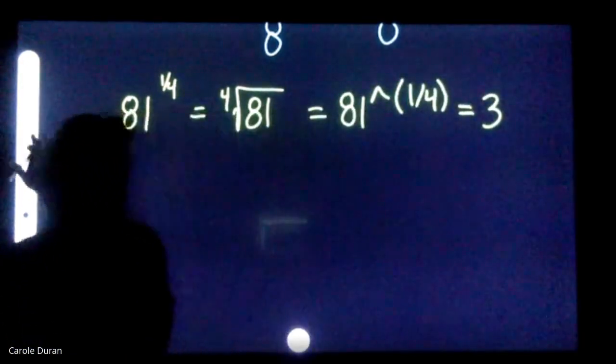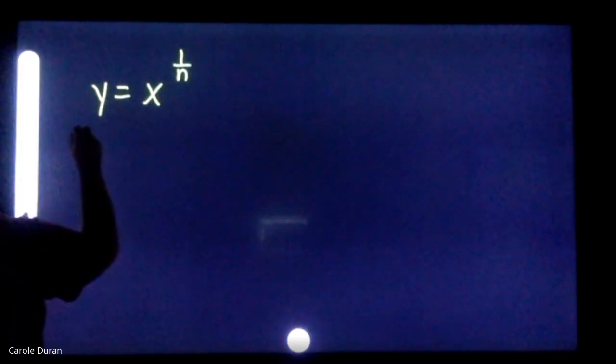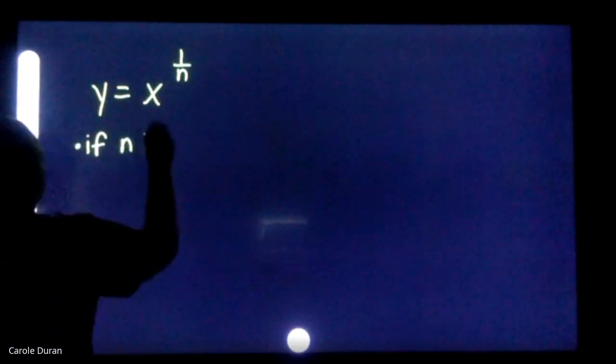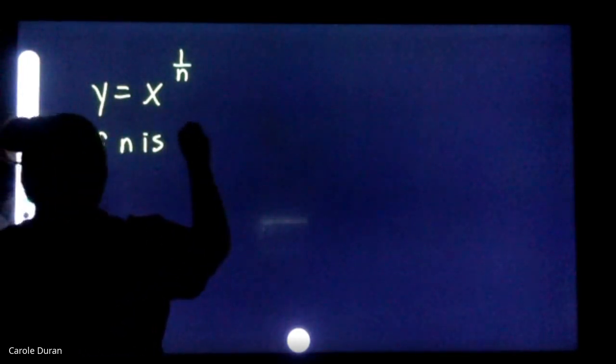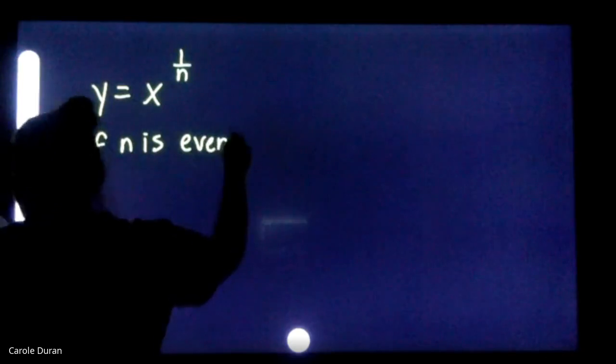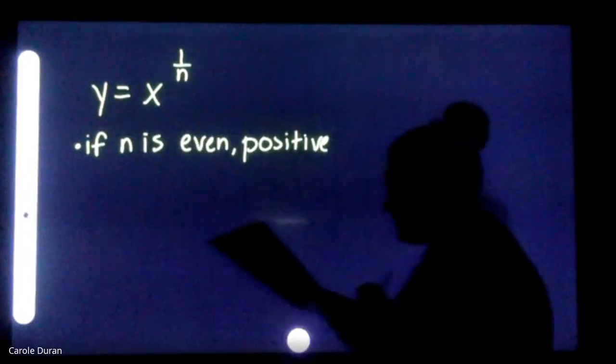Another thing that we can take note of when it comes to exponential functions is if I have a function that is y equals x to the 1/n power, so that means it could be like 1/2 or 1/3 or 1/4, whatever it is. If n is an even number, so 2, 4, 6, 8, 10, 12, all those, and it's positive, okay, so it has to be a positive integer,